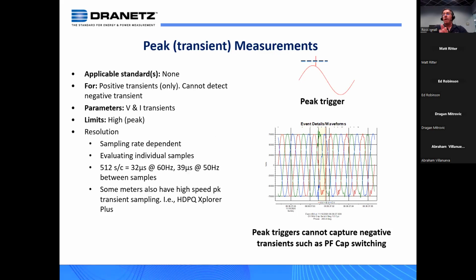Well, now we talk about peak kind of measurements. Think of this over here. This is a little scribe of a transient, and this horizontal line would be the limit. So you're looking for one sample to go above that limit. So we're not measuring the overall RMS of these wave shapes, as we spoke about before. We're looking for a peak that happens, something switched on or off, or in a bad case, a lightning strike